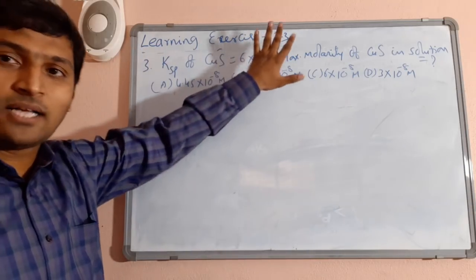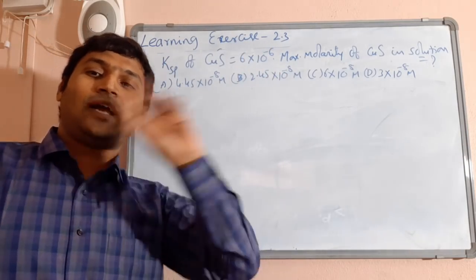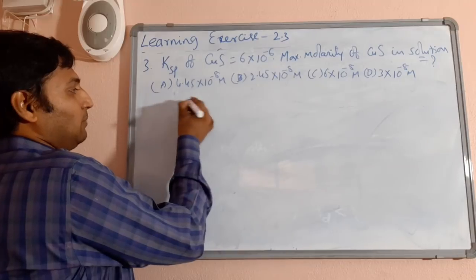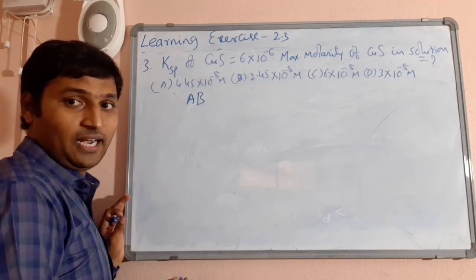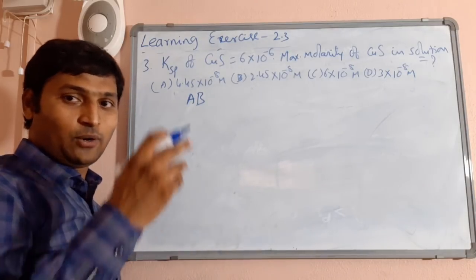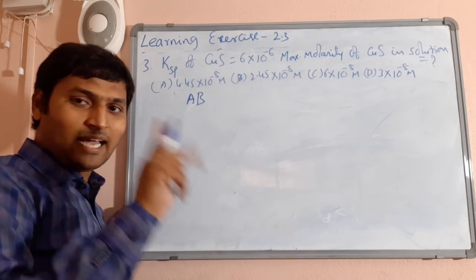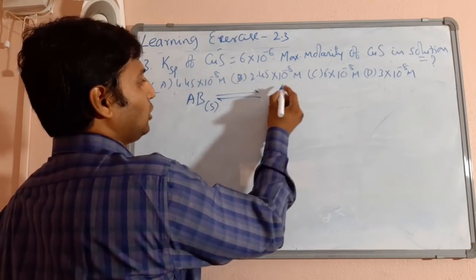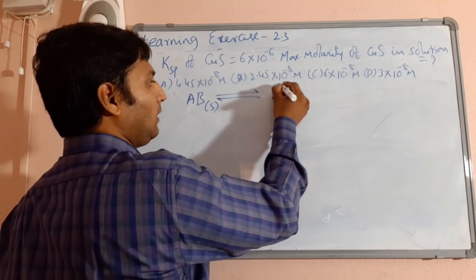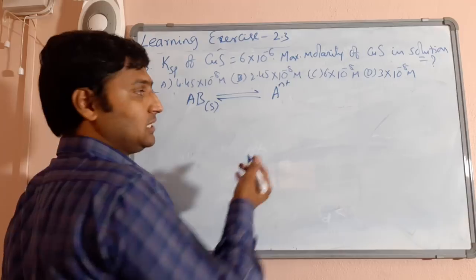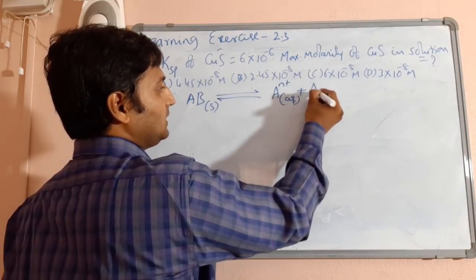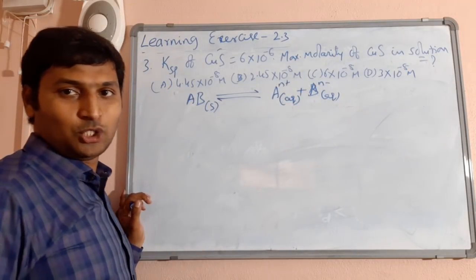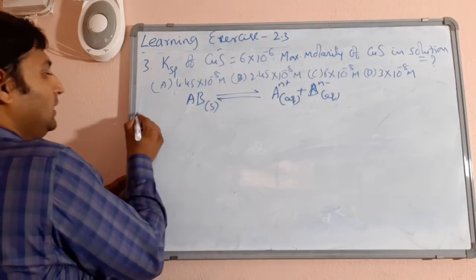Now, before trying to answer this question, I'll give you a quick recap from your ionic equilibrium chapter. If a sparingly soluble salt is of AB type, like copper sulfide, AgCl, silver iodide, barium sulfate, all these with one cation and one anion, that's why AB type. An AB type solid dissolves in water to form, say, A^n+ aqueous plus B^n- aqueous. Because the charges will be equal, you will have a 1:1 ratio of ions, right?